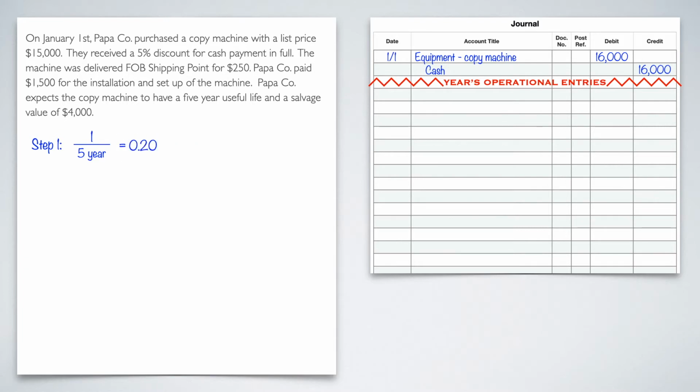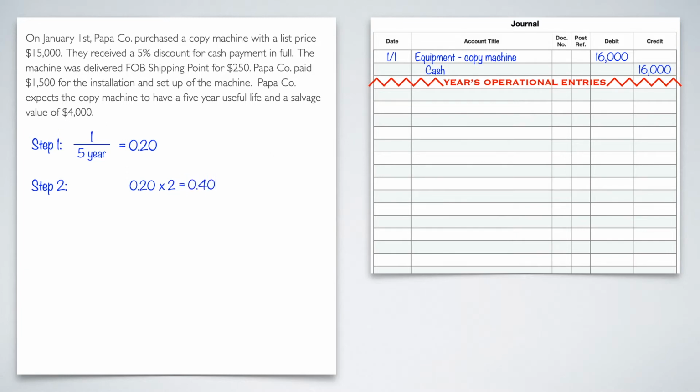Now we're going to take that straight line rate in step 2 and multiply it by our variable or our factor in this situation. Because it's double declining, we're going to multiply it by 2. So straight line rate times 2. If this was triple declining method, then you would multiply it by 3. If this was 1.5 declining level, you would multiply it by 1.5. But because ours is double, we will use 2. So our straight line rate again is 0.20 times 2. That's going to give me a double declining rate of 0.4.